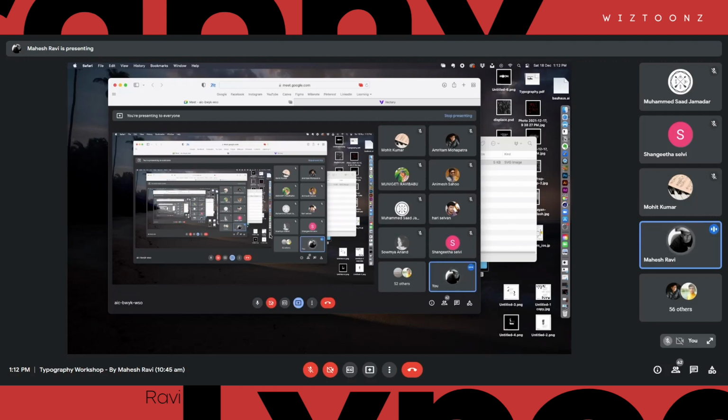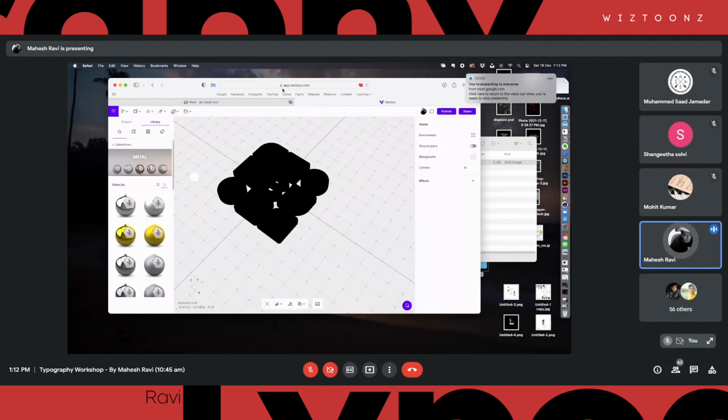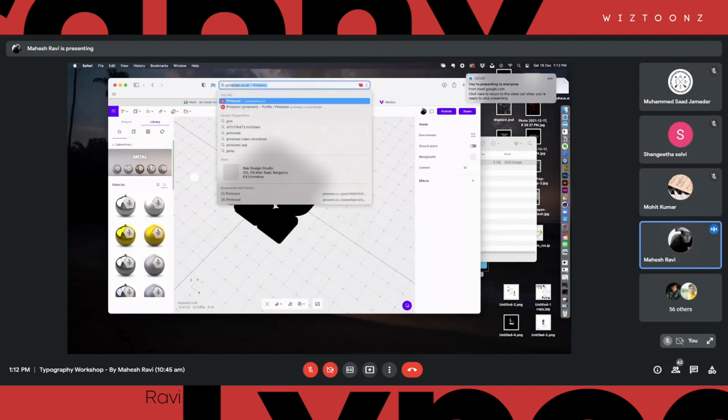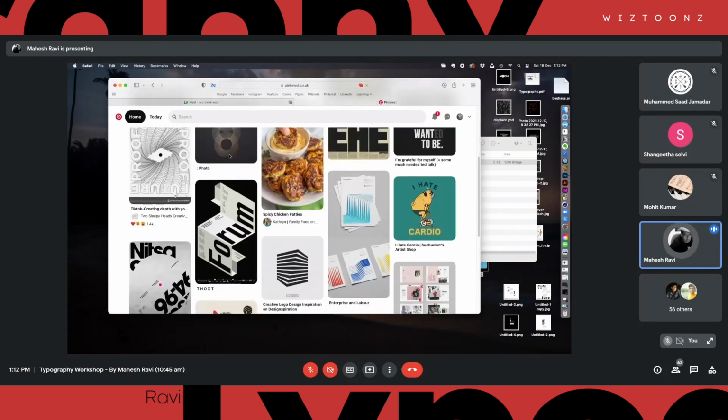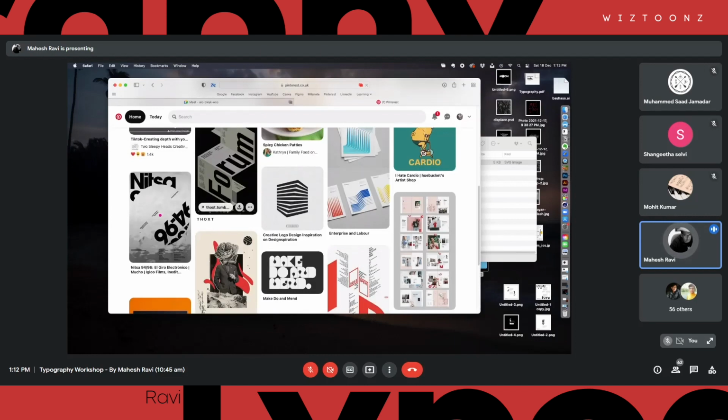Yeah, it's okay. We will not look at a norm design and say, okay, this is an amazing design, right? It actually works. It does the job, but it doesn't actually offer any pleasure to the audience. They will not even check it back. But there are certain designs that we will look for only because we actually love them, right? If you go to just Pinterest, and I was saying this example there, right? Every kind of design that we see here that actually attracts you offers you some sort of pleasure, right?